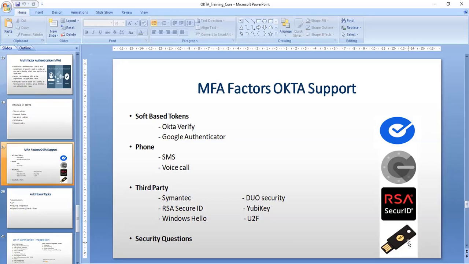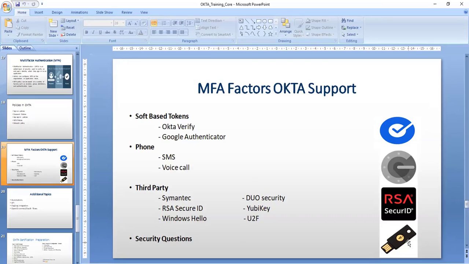Okta Verify is an app that is available on both Android and iOS. You can install this app on your mobile and configure Okta Verify for your multi-factor authentication. The same goes for Google Authenticator.